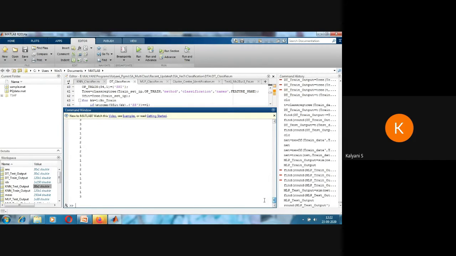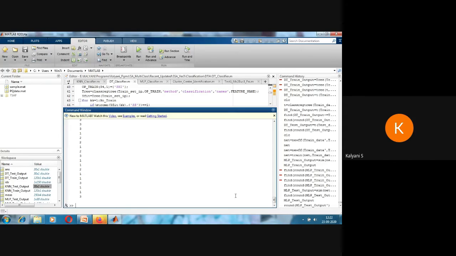So this is about MLP. What you have to remember in MLP, multi-layer Perceptron: first thing is you have to give the transposed matrix where the row should be the attributes, column should be the samples, for all the matrices, the training data matrix as well as the output matrix. Number two, you will be having three functions: newff to build the network, train to train the built network, and sim function to simulate the trained network for the real-time data and thereby analyze the output.